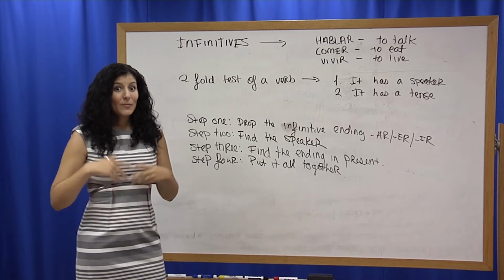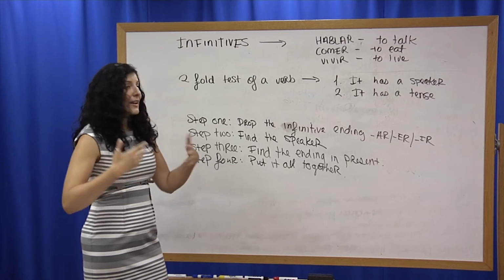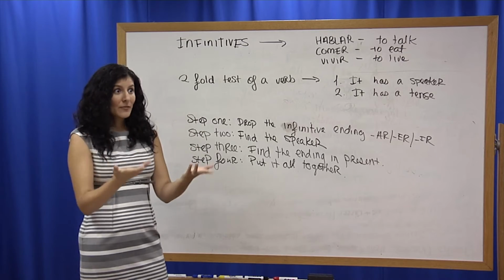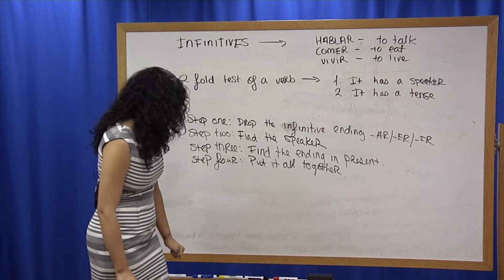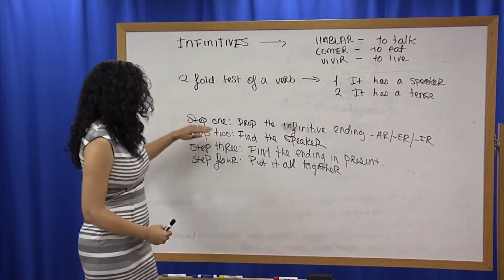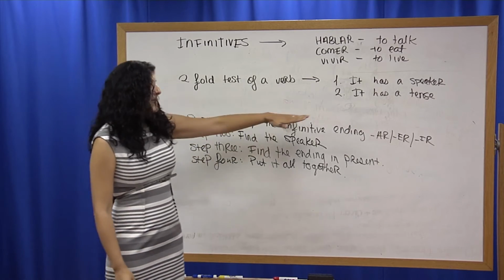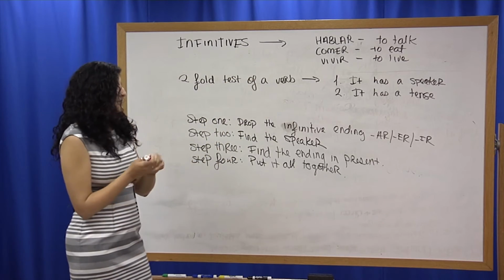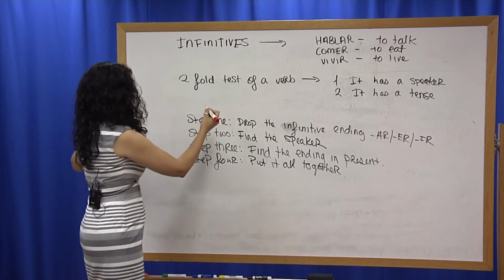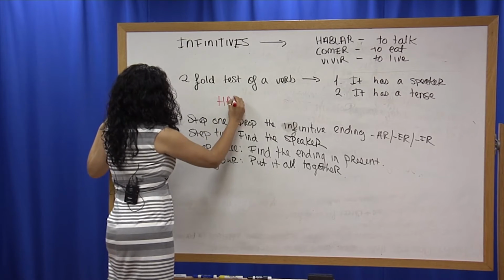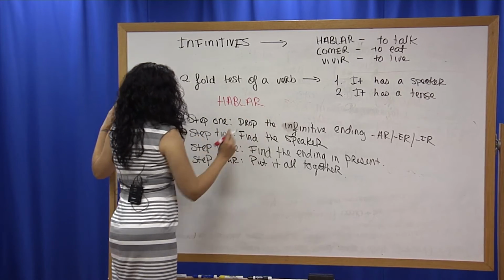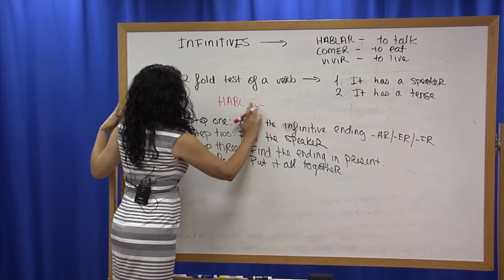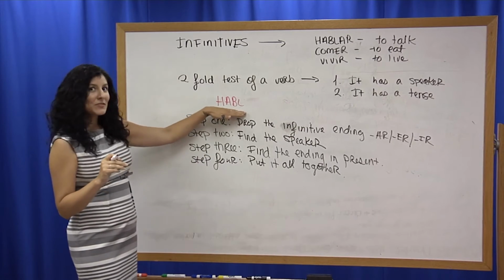There are 4 steps that we can take in order to conjugate a verb from the infinitive into a verb tense, whether it be the past, the present, or the future. And that is, we will, step 1, drop the infinitive ending. So if we have, for example, the verb hablar, what that would look like is we would have the verb itself, and then we would drop the AR ending, like that,